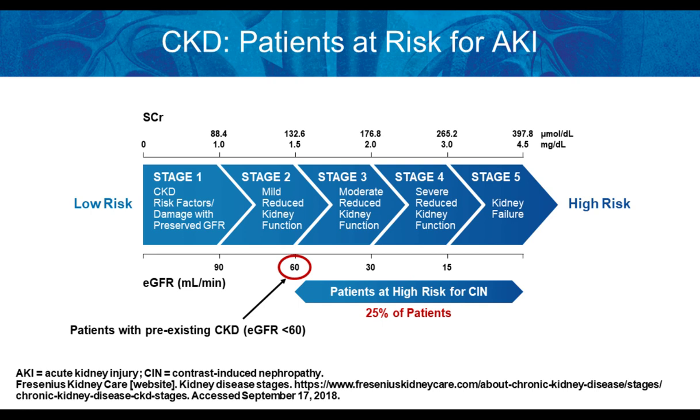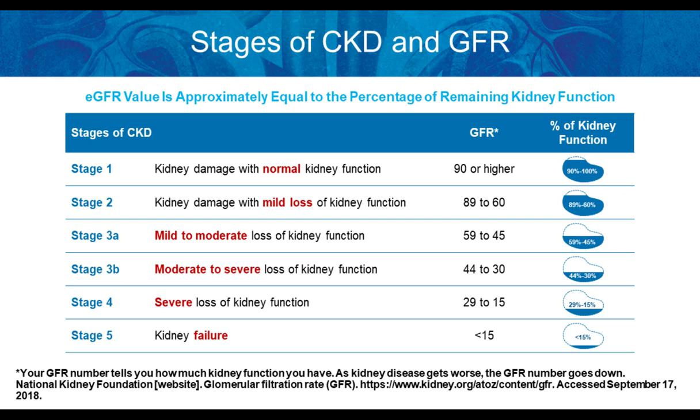Now, the number of patients with pre-existing CKD and eGFR of less than 60 is about 25 to 30% of the patients that we encounter in the cardiac catheterization lab. And those are the patients that are at highest risk for developing acute kidney injury. Now, in terms of the stages of CKD and the GFR, the eGFR is approximately equal to the percentage of